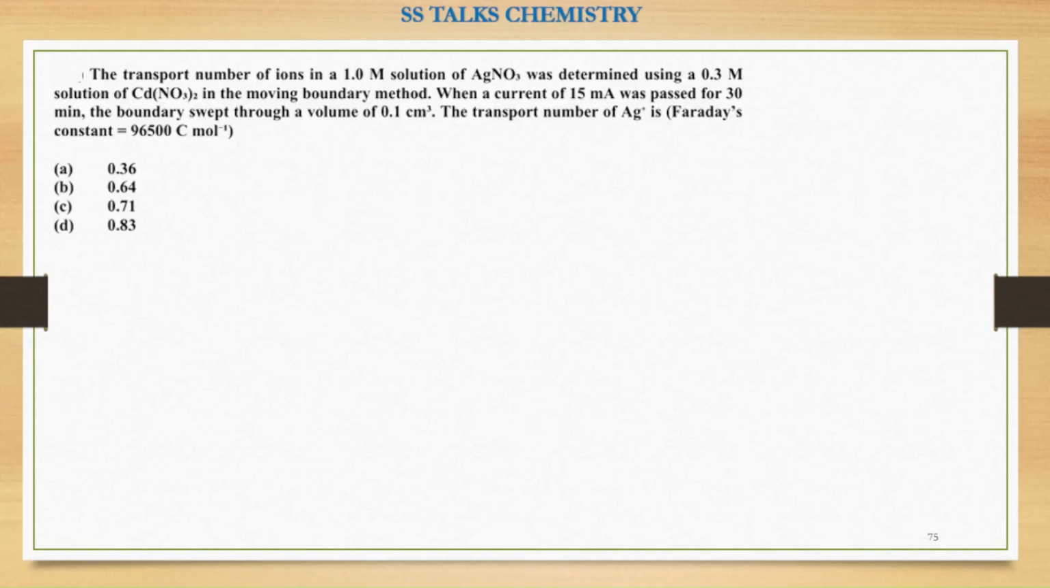When a current of 15 milliampere was passed for 30 minutes, the boundary swept through a volume of 0.1 centimeters cube. What is the transport number of Ag positive? So again, you are seeing that the same concepts are being repeated in the boundary method. The transport number of the cations is area into the length into the concentration into Faraday's constant upon